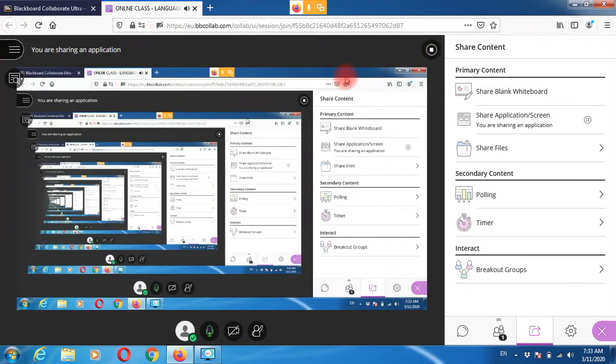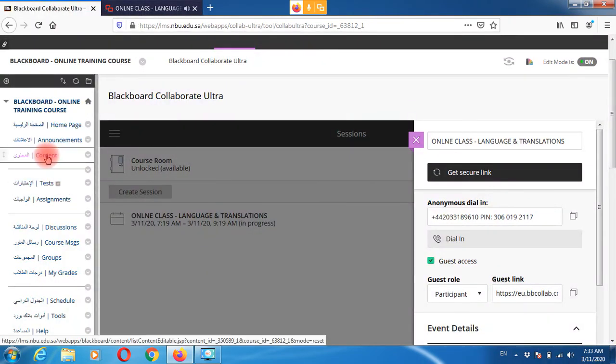Once I say allow, immediately I'll see that this screen has been split into multiple pieces. What does that mean? This means that your screen is being shared with all your students. So your screen remains like this, and then you will start teaching your student by going back to your course. For example, you have course here. You can go to your content